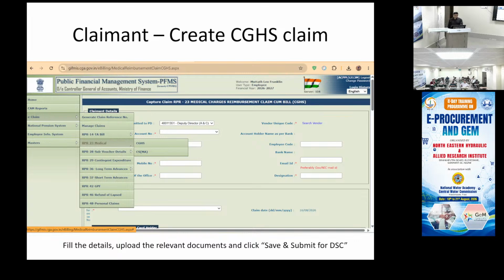So in the previous screen, you fill up these details, you submit and do DSC. You can either do digital signature or you can do e-sign with Aadhaar OTP. Both options are available. Then the PD maker or the person sitting in the accounts office will be notified. Once you fill out your claim, you can take a printout, sign it and send it to the accounts office. By that he will see that a system generated claim has come to the office.